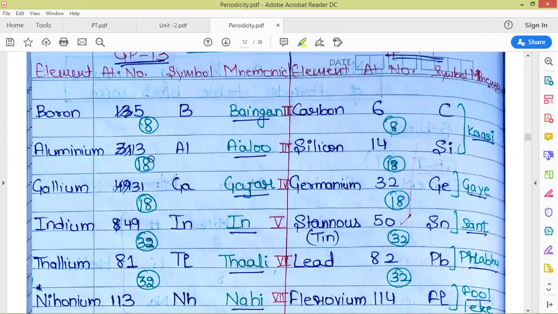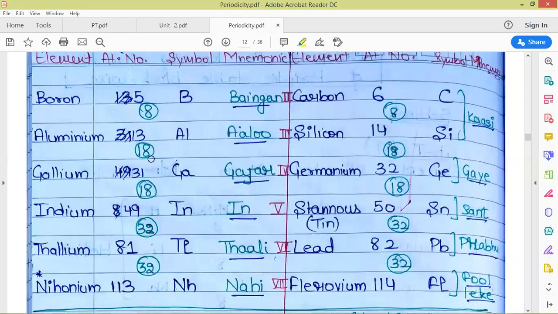Here you can memorize the magic numbers group wise: for S block differently, for P block, then for D block, and then F block. F block numbers are different, and for those you are not required to memorize the magic numbers. They are simply from 58 to some 70s, and then from 90s to some 100s.